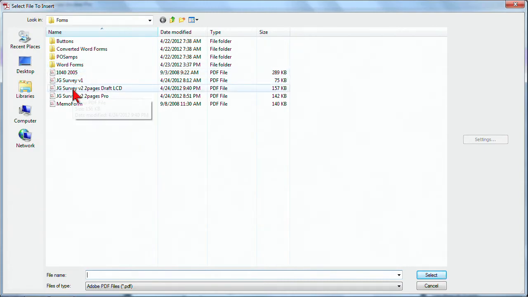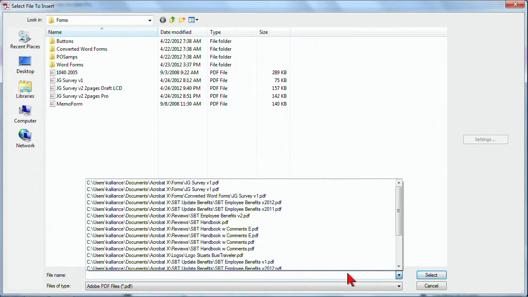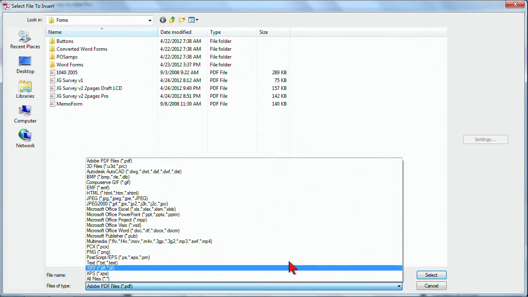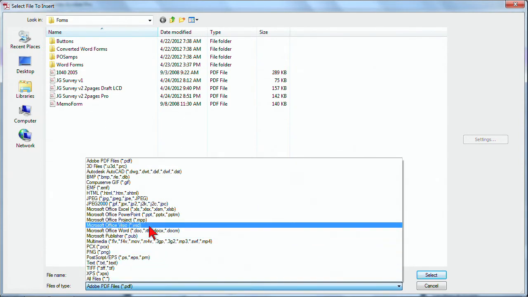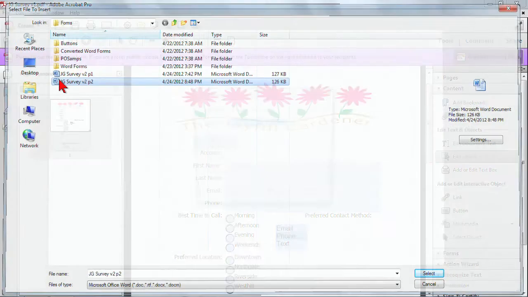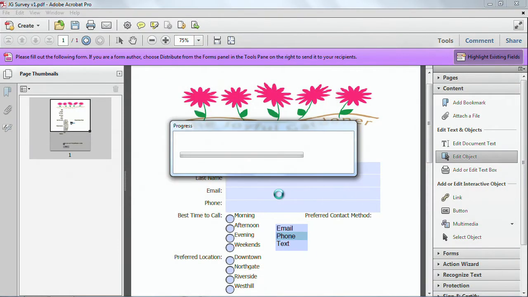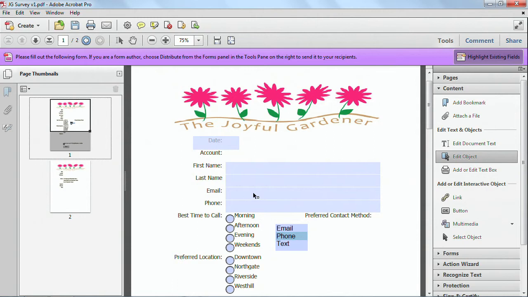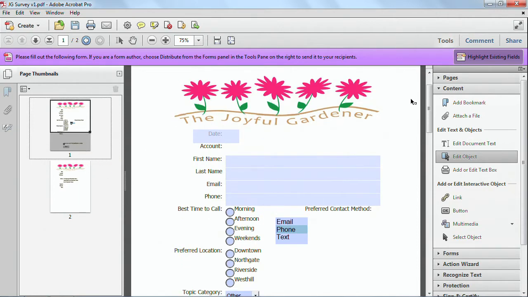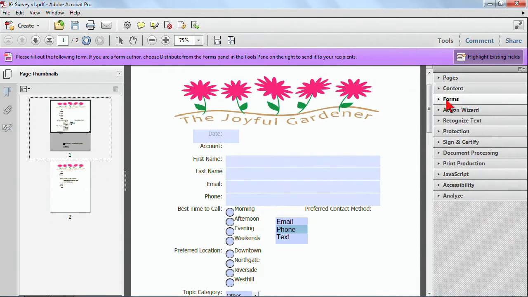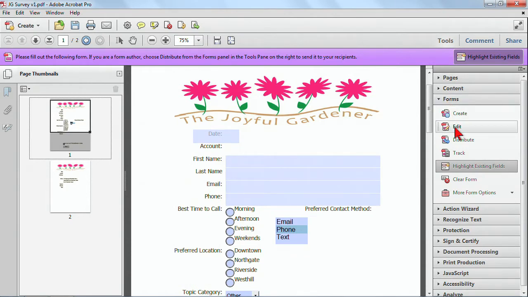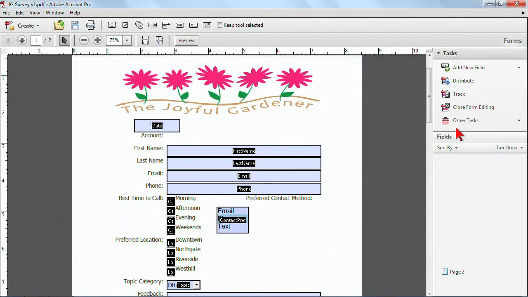And again, even though I'm just seeing PDFs, I do have the option of choosing different formats. So let's go ahead and try a Word file here. And I'm going to add a page 2 after. The advantage here is I don't have to rebuild the form from scratch. I can still take advantage of the fields and the work that I've already done and just edit them. Now I'm going to go back to Forms here in my tool pane and choose Edit, and I can make